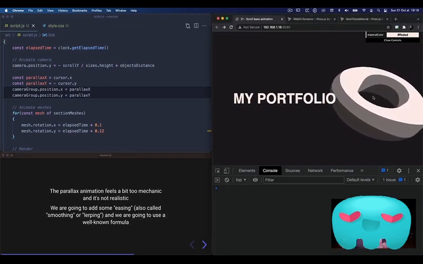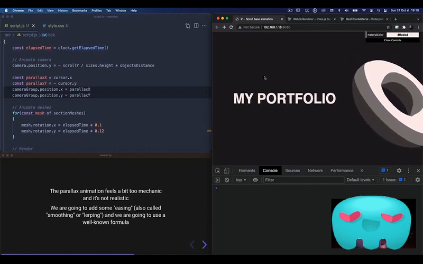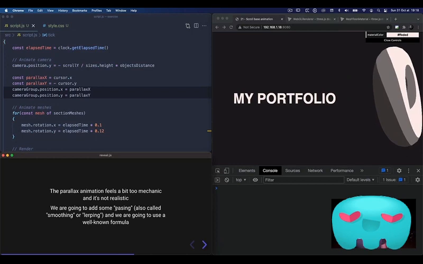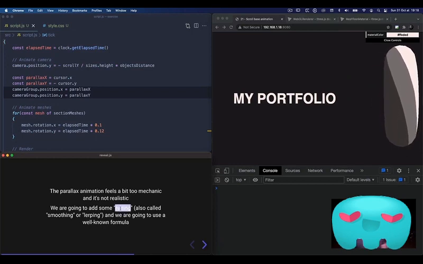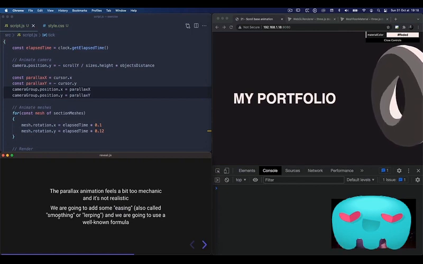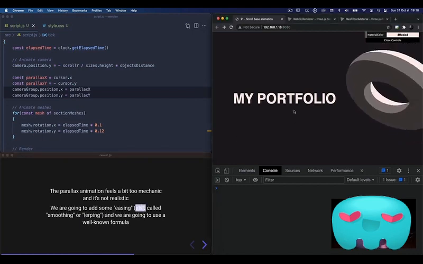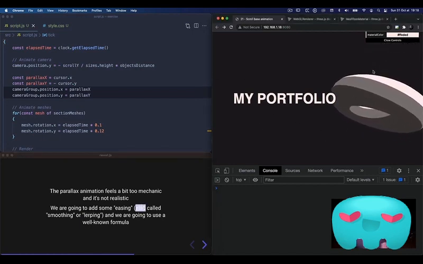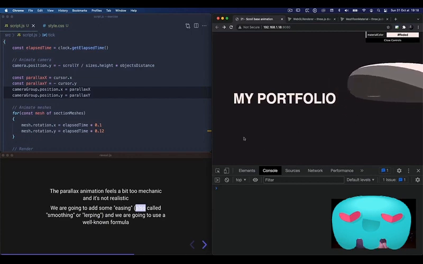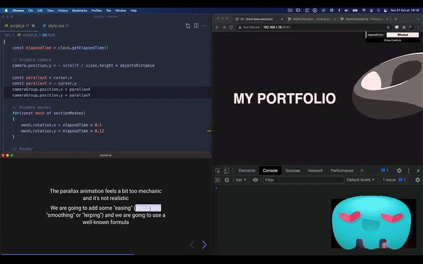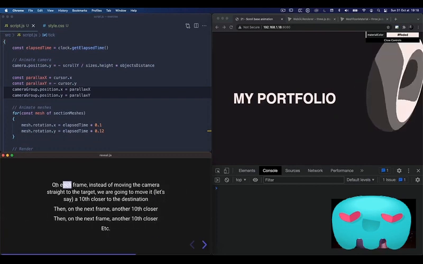So to get something more realistic, we are going to make sure that things don't move as fast. We call this easing. I like to call this one easing, but some people use smoothing because it gets smoother in the animation, or lerping because the actual formula is a lerp formula, as you will see. So we are going to make it move with an easing, move smoothly. Yes, I have trouble saying smoothly. On each frame,